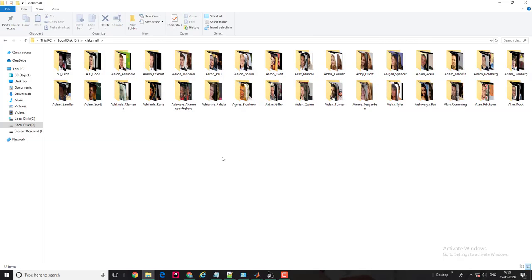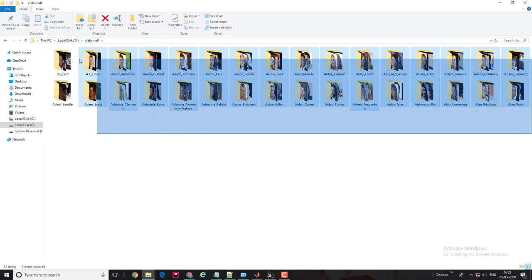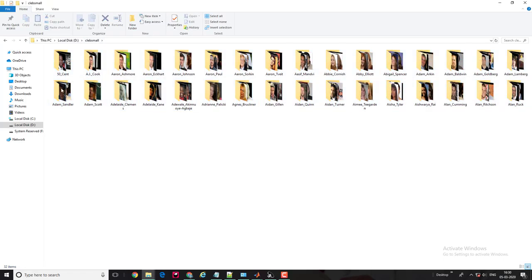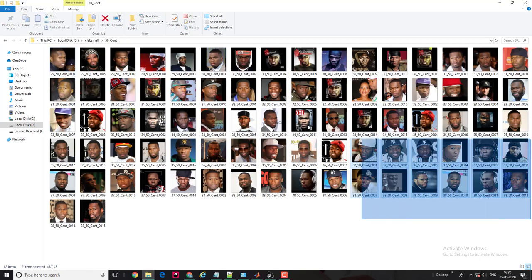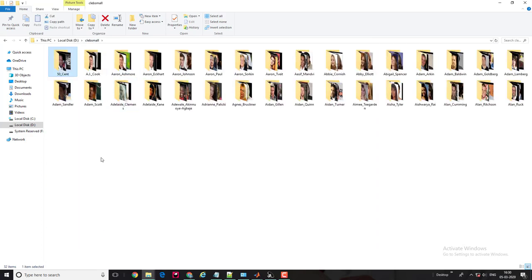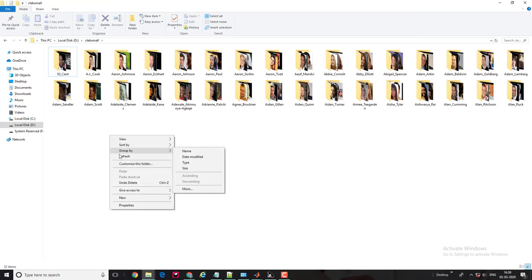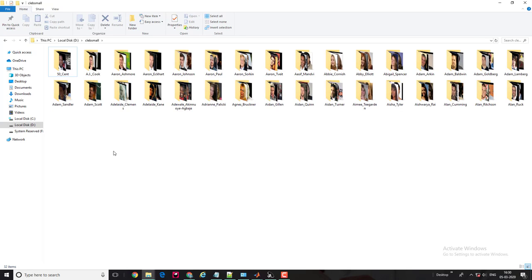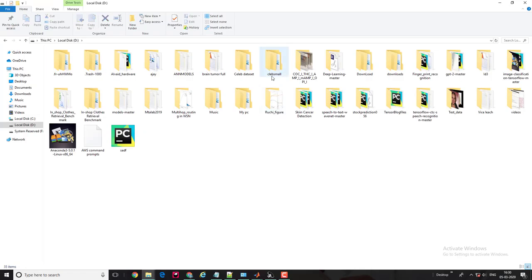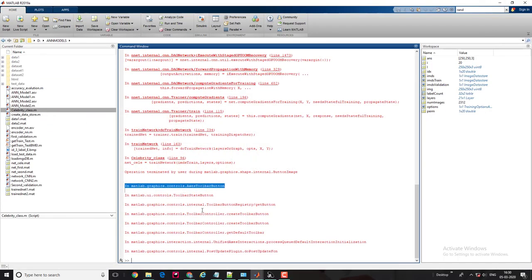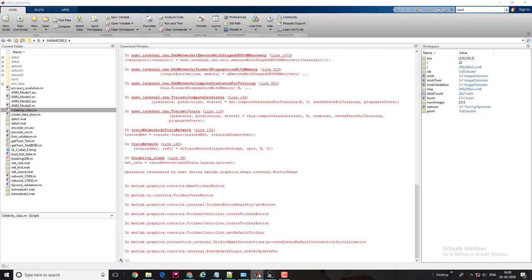All you need to do when you process or train data is create a data store containing the main folder, and inside the main folder the subfolders, and their names are counted as the labels of those collections of images. Once you have the data set like that, you are ready to make the program in MATLAB.